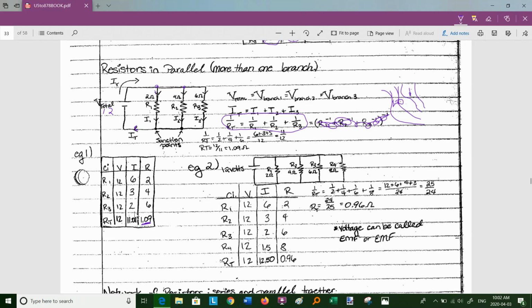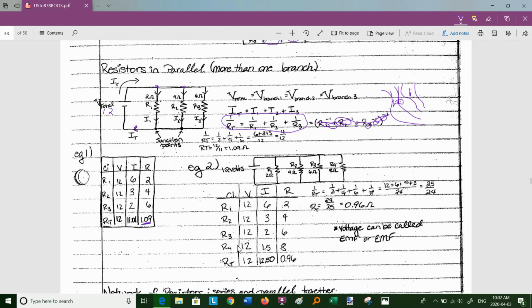And now you can get the current through each of the other ones. Through resistor 1, it's 12 over 2, it's 6 amps. Through resistor 2, it's 12 over 4, it's 3 amps. And the third one, 12 over 6, is 2 amps. And notice how when you add the amps together, 6 plus 3 plus 2, you get 11 amps. So it works. And in this second example, I decide to add another resistor in parallel, an 8 ohm resistor,